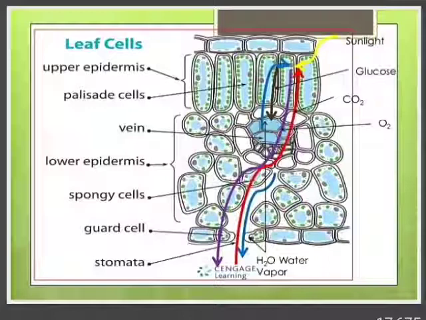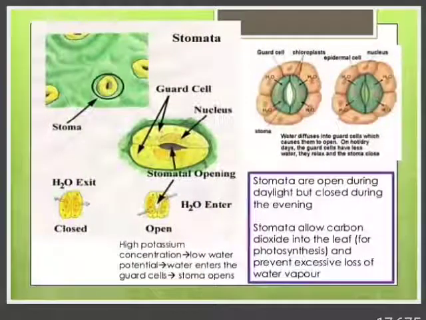Did you know that the leaf's internal structure has the upper epidermis, palisade parenchyma, spongy parenchyma, guard cells, and stomata? The lower epidermis is there too. Photosynthesis is the process, and this is the important internal structure of the leaf. This is the stomata. Did you see the upper epidermis?